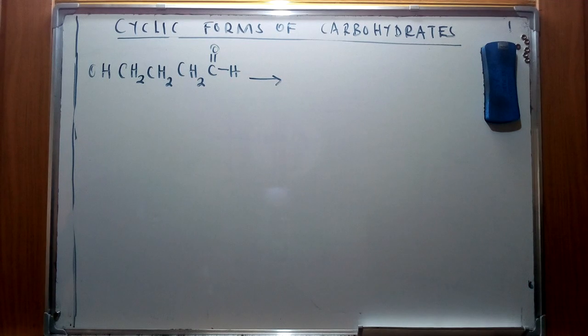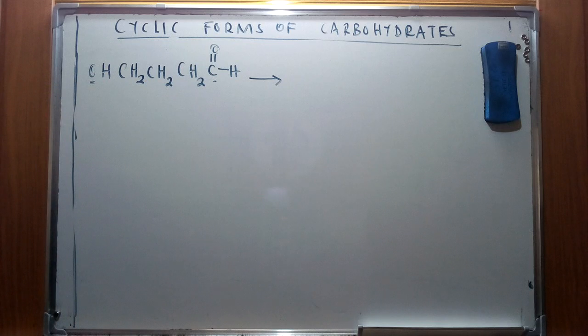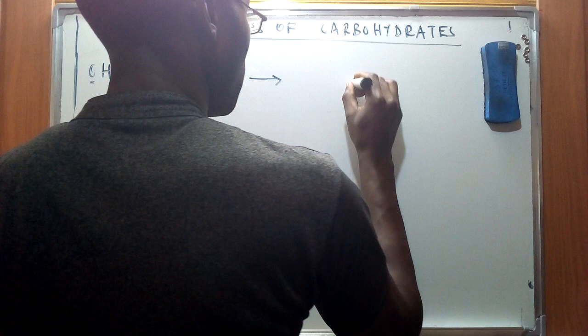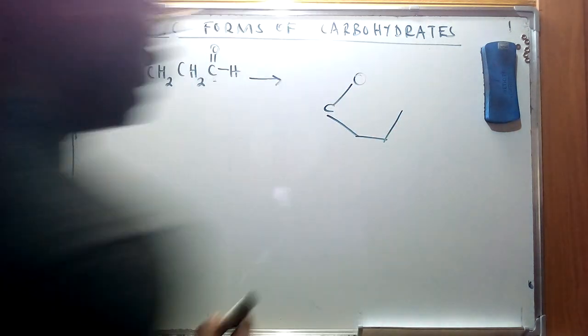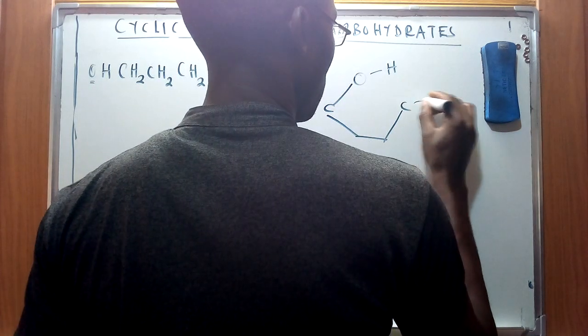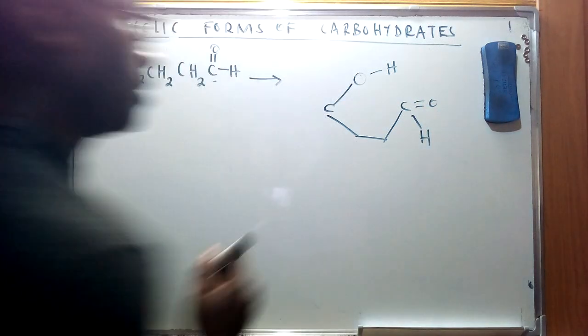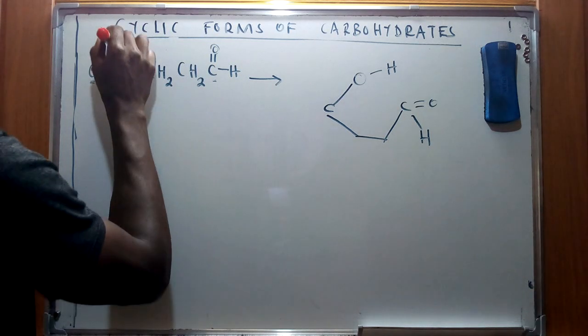Now to achieve the cyclic forms of these carbohydrates, there's going to be a nucleophilic addition of the anomeric carbon together with the OH group at this specific point. So we're going to have an arrangement whereby this specific molecule is formed, with that specific rearrangement for the OH group and the carbonyl carbon at this point. So the arrangement that is going to occur for this particular kind of molecule, basically for formation of a furanose,